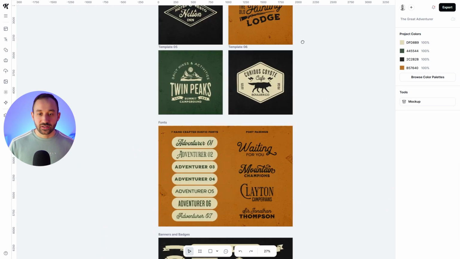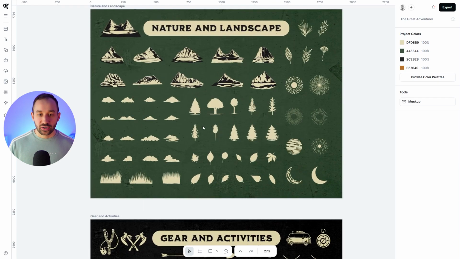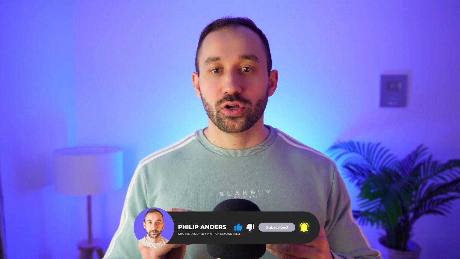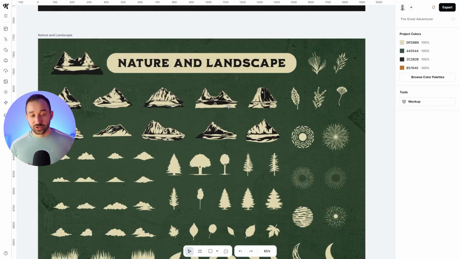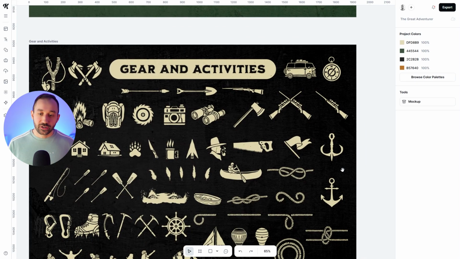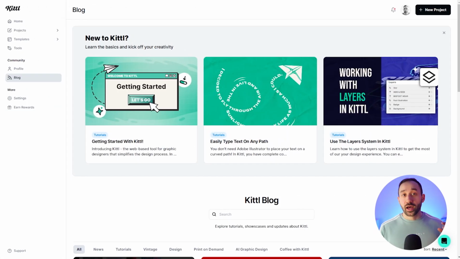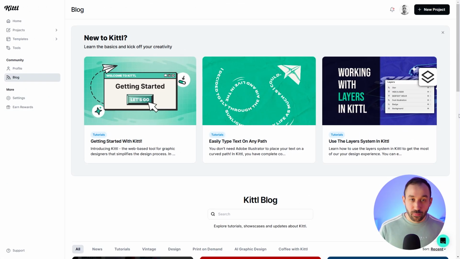So these brand kits are definitely really cool, and especially this one right here is one of my favorites, and it can be super handy to make your designs feel more cohesive, coherent within the same style. Like if I imagine I wanted to make 20, 30 hunting designs, for example, this would be a perfect kit to start doing that. And a quick bonus tip, if you want to read up more about some of these